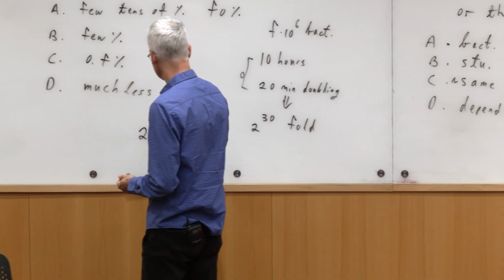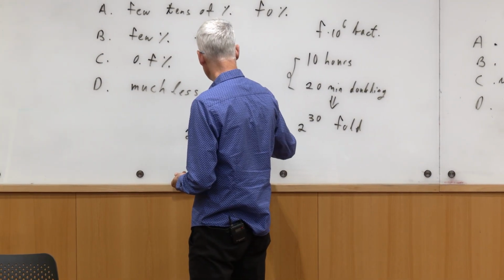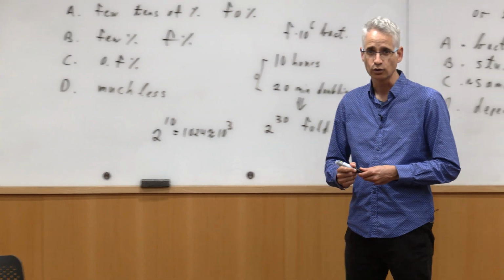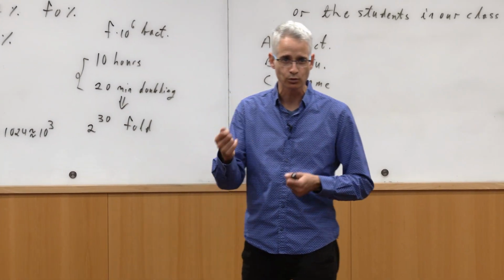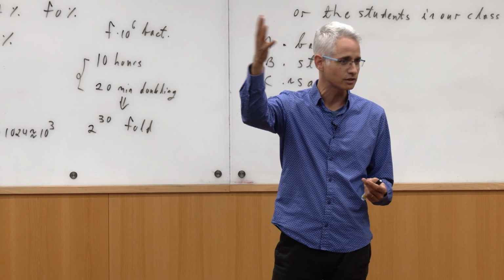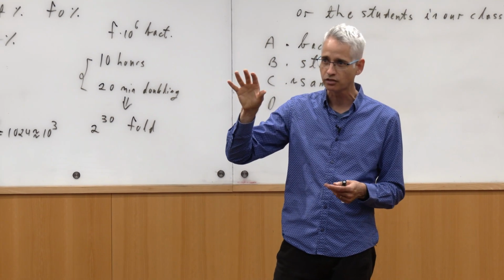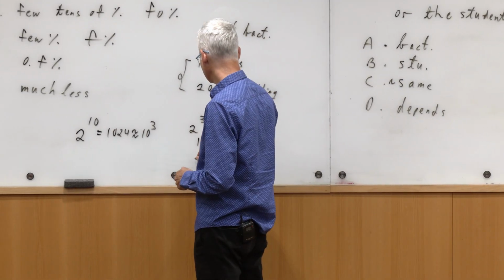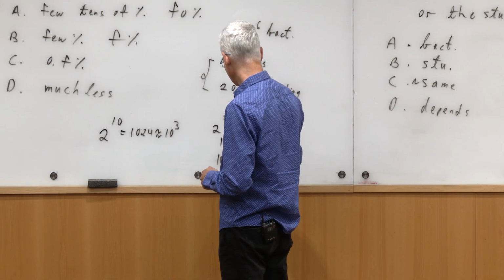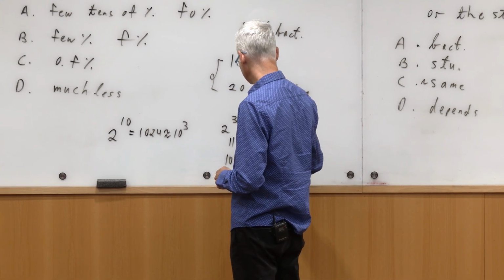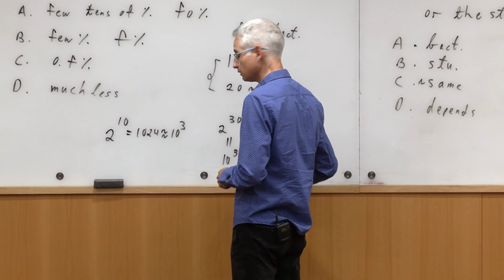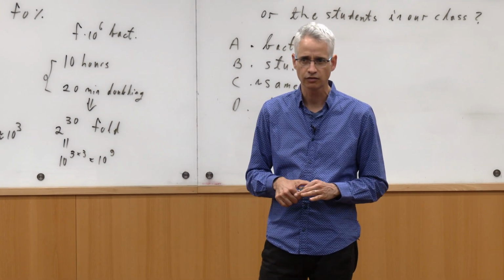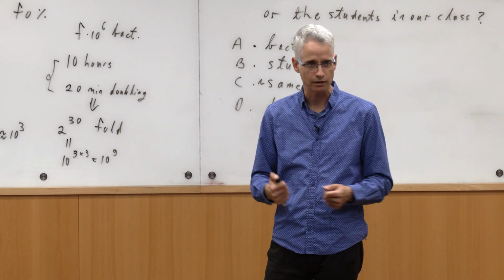Okay, which is nice because that's really close to 10 to the 3. Right? So you can impress your friends every time you need to do these things. Every time you have 2 to the something which is large, you can take every 10 and make it into 3, and that's 10 to the 3. Very useful. Okay, so this is like 10 to the 3 times 3, 10 to the 9. Okay? Everybody with me, more or less? Feel free to ask. That's really the engine behind a good lecture.